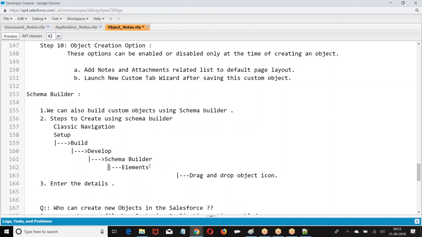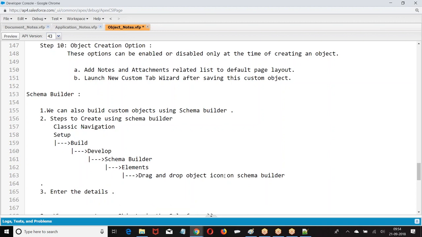In the schema builder, what are we supposed to select? Elements. Then drag and drop the object icon on the schema builder. Right. Now give it for Lightning. This is Classic.